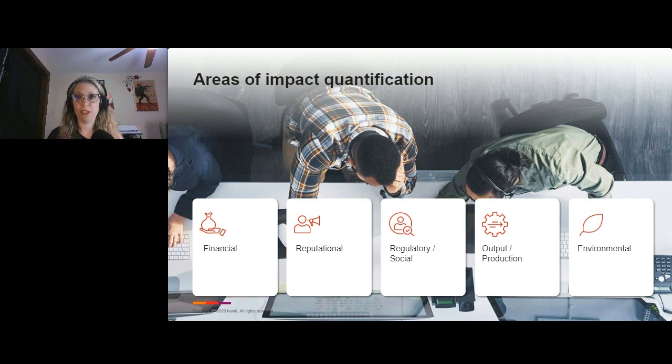And oftentimes that's what we strive to do because finances is the language of business, and that's how we help communicate to leadership and make decisions. But it doesn't necessarily have to be a dollar figure, right? Especially when you get into more fluffier types of impact like reputational, right? What would be the impact to our brand if this event were to occur and we had to respond in a certain way? It takes some finesse and sometimes some creativity, and certainly a lot of input from various people